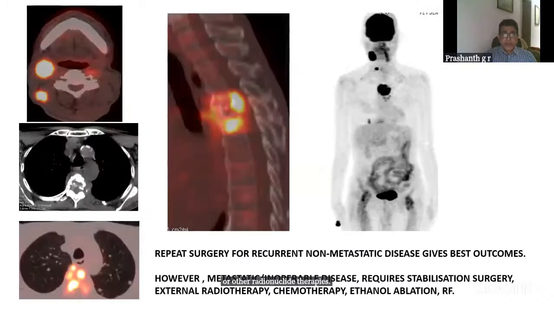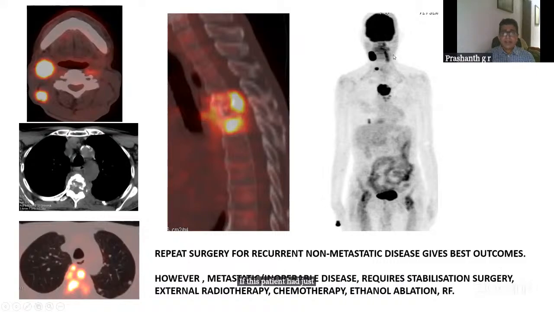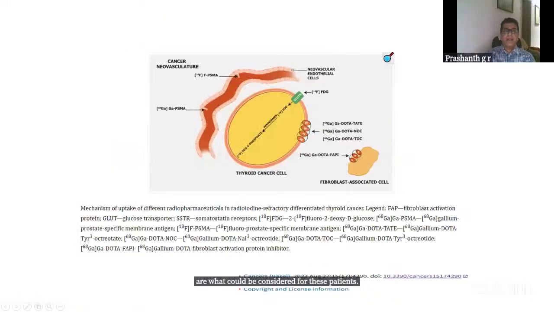So when we do an FDG PET scan, as in this patient, we demonstrate extensive metastatic disease. If this patient had just local disease, then repeat surgery would have given him the best outcome. However, in the setting of metastatic disease, only local therapies like stabilization, radiotherapy, or ablations could be considered for these patients. Since we are talking of imaging,